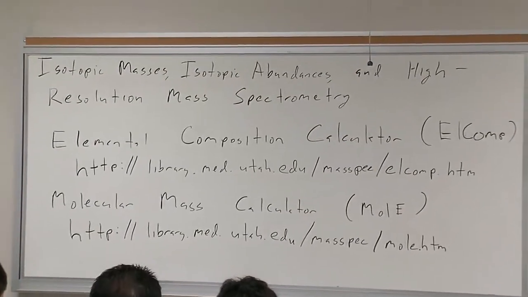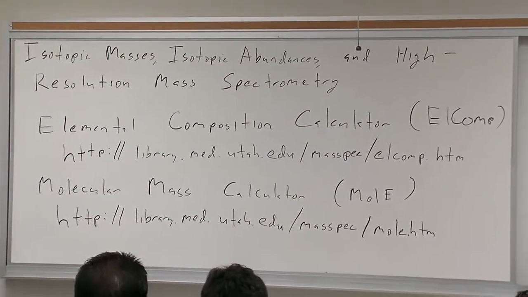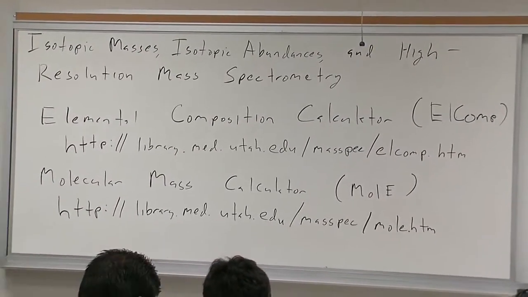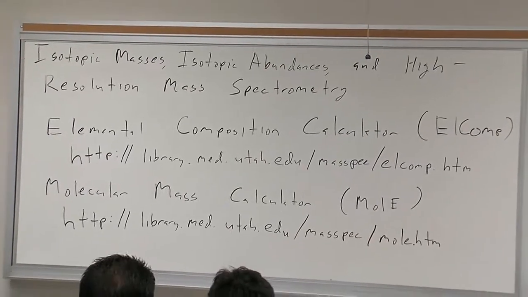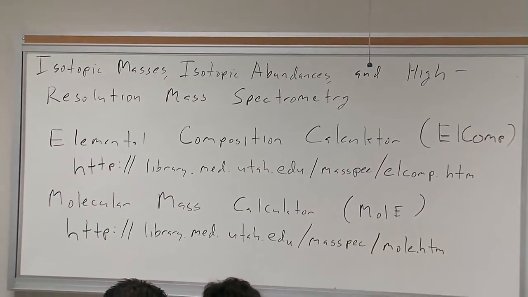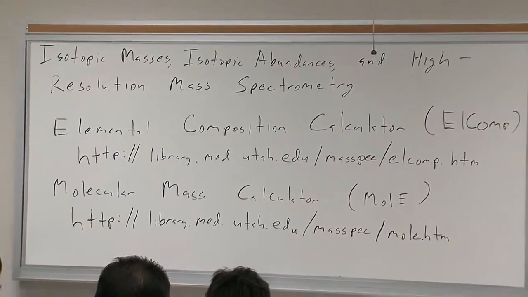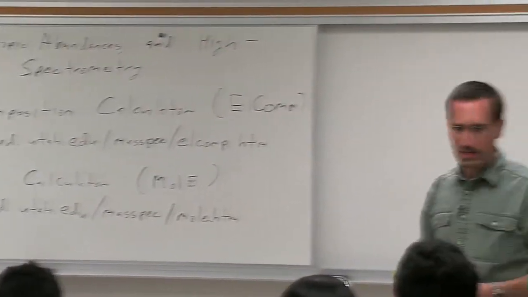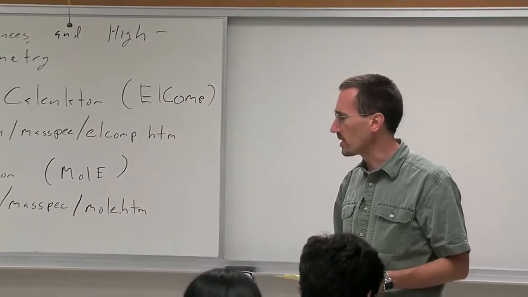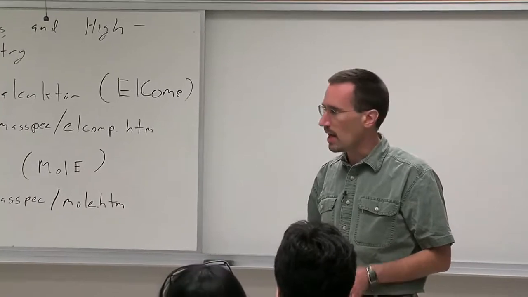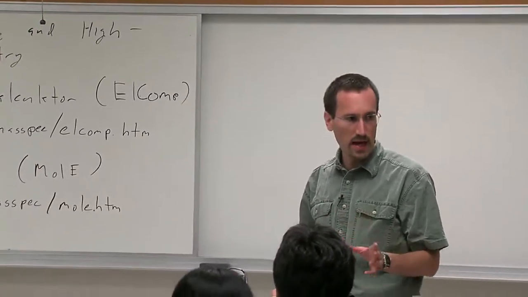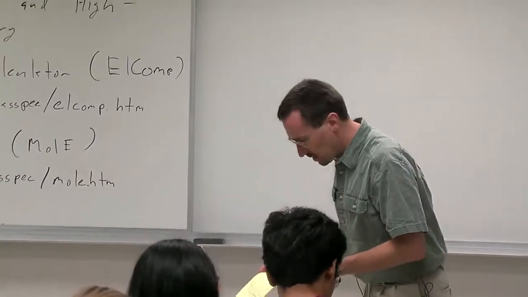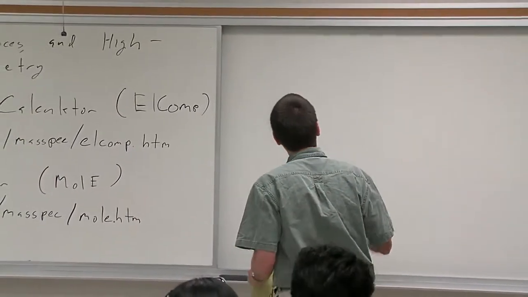So last time we introduced mass spec, we talked about how the technique worked. We introduced one big idea, and the big idea was that you had to have an ion. In EI mass spec, we got that ion from kicking out an electron. And then we talked about CI and other soft ionization techniques like MALDI and electrospray ionization. And we said the big idea there is you get an ion by adding a proton or adding a sodium to the molecule. So the three sort of big concepts